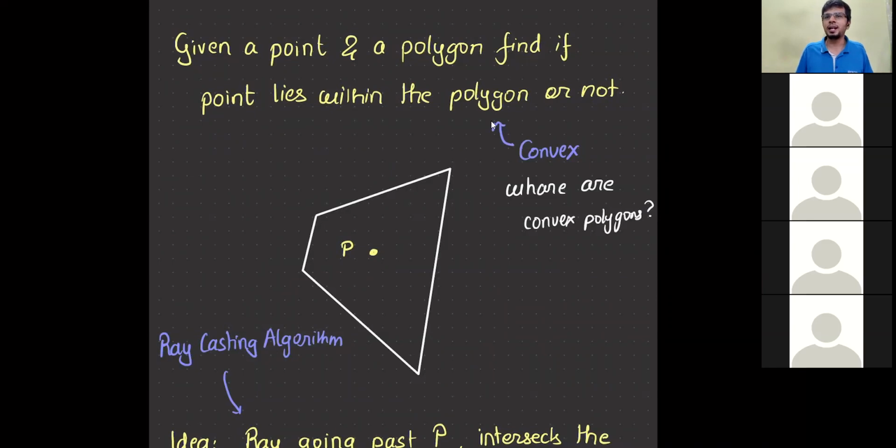Very simple, right? So airport, obviously there is a fixed boundary. If the point lies in that polygon, matlab wo point uske andar, and then you can initiate your micro tagging wala flow. And basically once you have identified that you are at this, other than that P is you and this boundary is the airport's boundary. Once it identifies that P is within that polygon, it would say, welcome to Kempegowda International Airport. As simple as that.